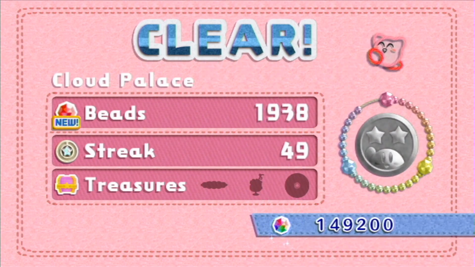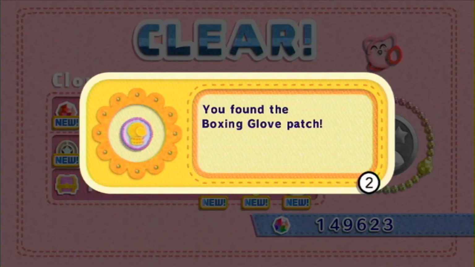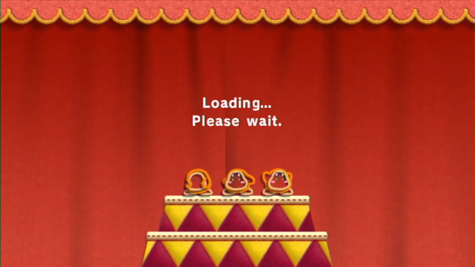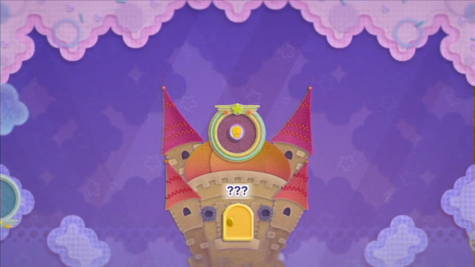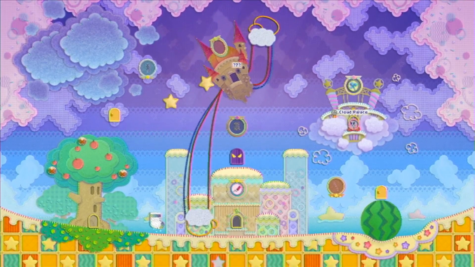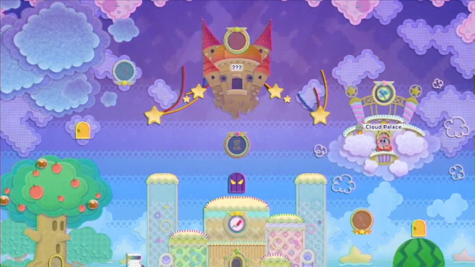At least if I would have taken the top route instead of the bottom to get that CD, I probably easily would have gotten it, but I didn't because I cared more about the CD, because I didn't get the treasure yet. So it's a mixed bag. It is what it is. And either way, let's just hit this. And we unlock the next world, which is...